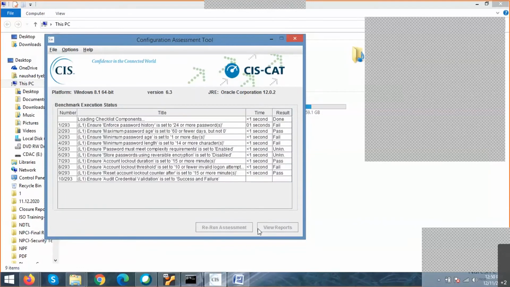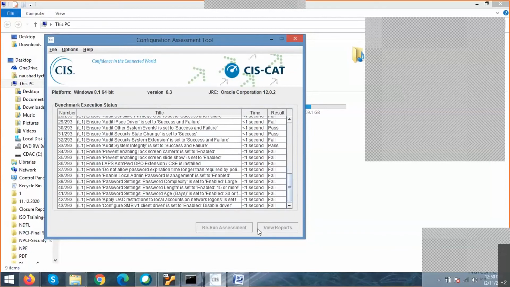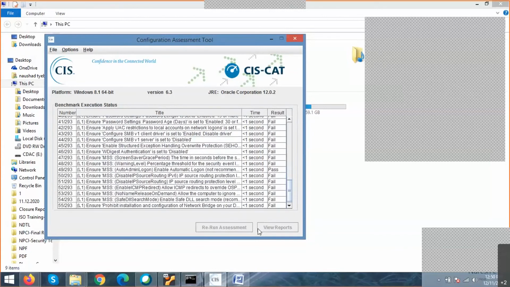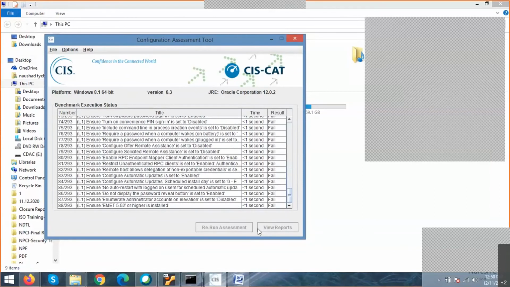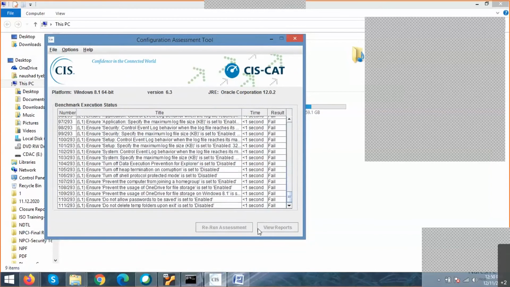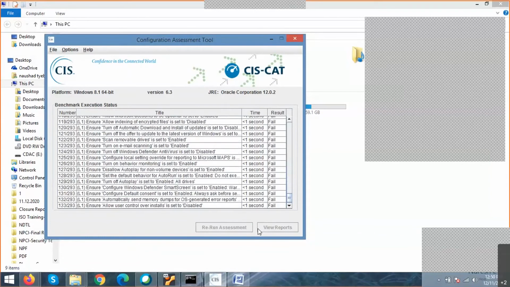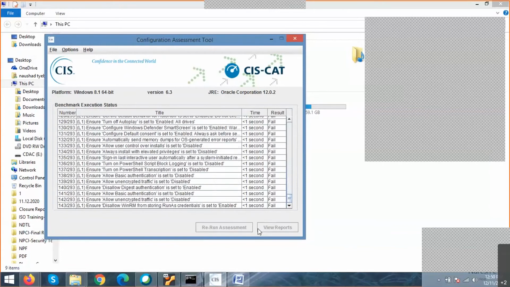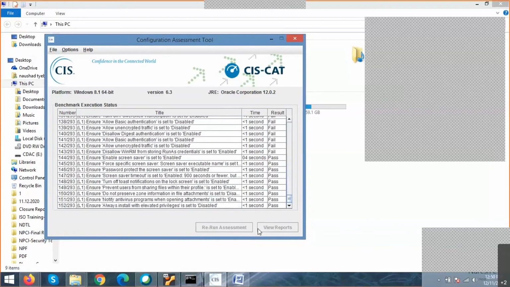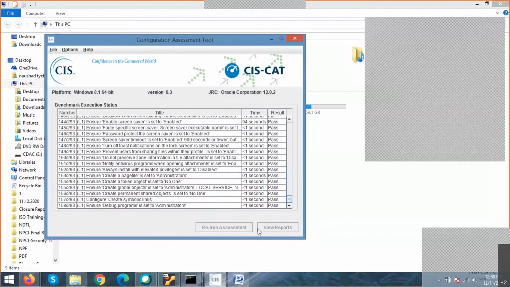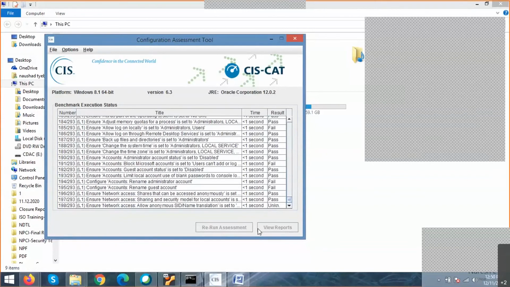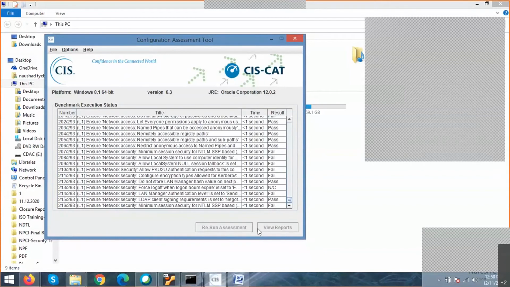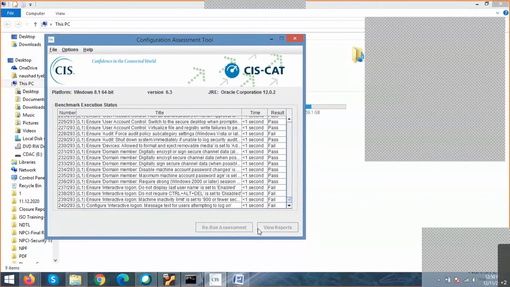Okay, can you see the assessment page on my screen? Most of the things fail. This is a very good tool actually. Please try to have a look at least on your personal laptops. If you are not able to run it on your office laptops, you can guide the system admin or network admin to use such a tool, if it is also implemented in your Active Directory domain, right? See, most of the things pass, most of the things fail.